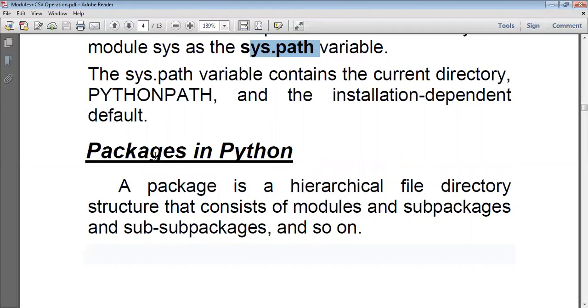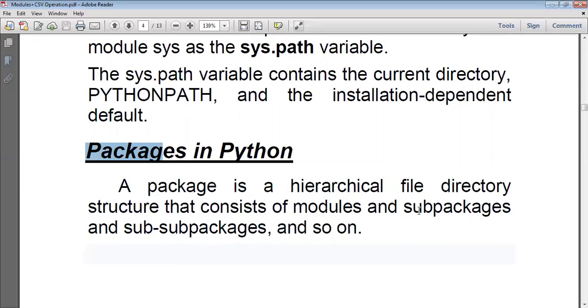So a single package may consist of modules and also other packages. That's all about modules and packages. A module is a simple Python file which can consist of many functions, variables or classes, while a package can consist of many modules and other packages.